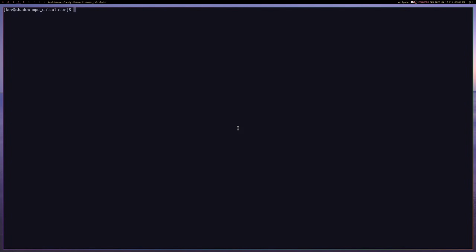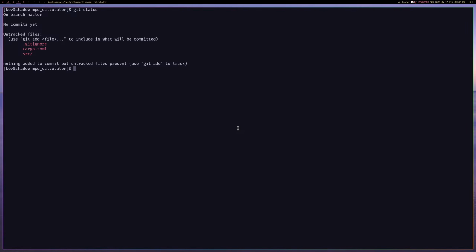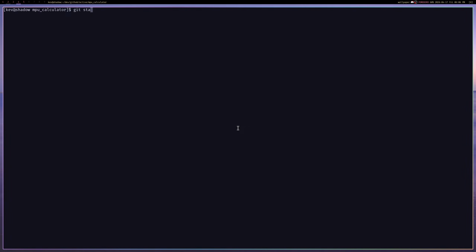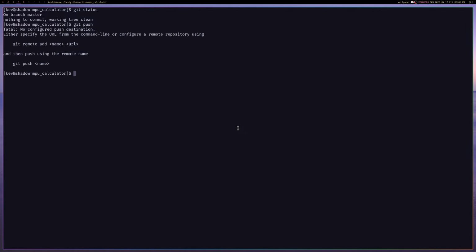Is there a git ignore here? Git status. There is a git ignore. So yeah, no git ignore, and then I'll add an MIT license, I think. So MIT license, and then no readme. I'll add it later. And then I need to add git add, git commit -m, init commit, git status, git push, and then obviously I want to add this remote